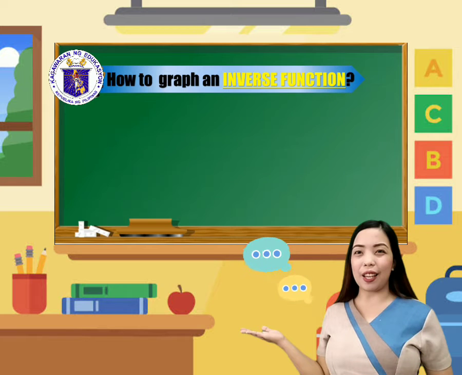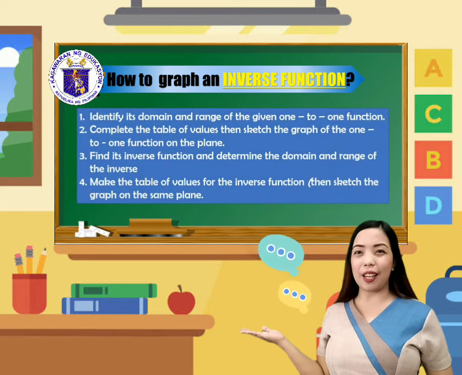So how to graph an inverse function? Take note that in graphing an inverse function, it is just similar with how to graph any function. So here are the steps. First, identify its domain and range of the given one-to-one function. So finding the domain and range of one-to-one will be our guide in sketching the graph of one-to-one and the